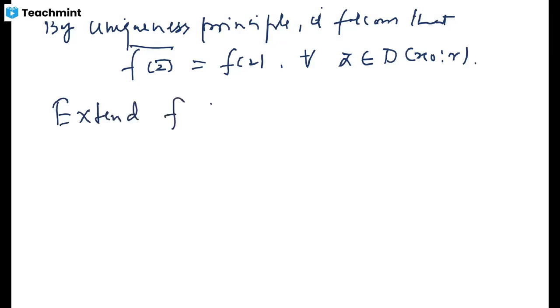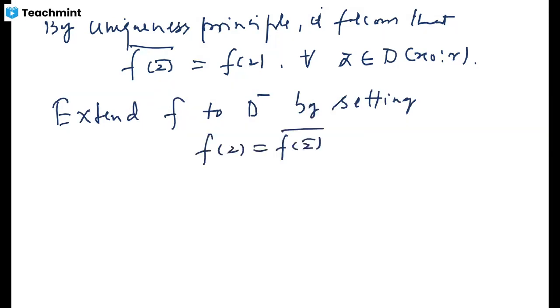f to the lower part of the domain D minus by setting f of z to be f(z conjugate) whole conjugate for z in this lower part। ऊपर वाले पे तो ये डिफाइंड है, नीचे वाले पे भी, तो इंडीड पूरे डोमेन पे इसको इस तरीके से हम लोअर पार्ट पे डिफाइन करते हैं। Then as seen above, we continue, then the extended function,